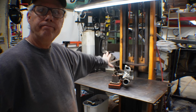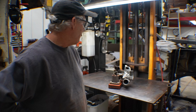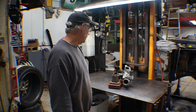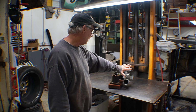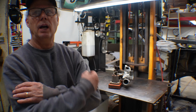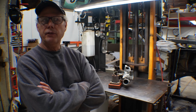So this is a hodgepodge of parts I found laying in the garbage bin. It happens to have a billet compressor wheel with a boreless, which I think they never even came out with, or if they did, they went away. It also has a weird turbine housing or compressor housing, which I'll go over a little bit, but there's a lot of information on the internet about what a good turbocharger is and how to size it for your car,